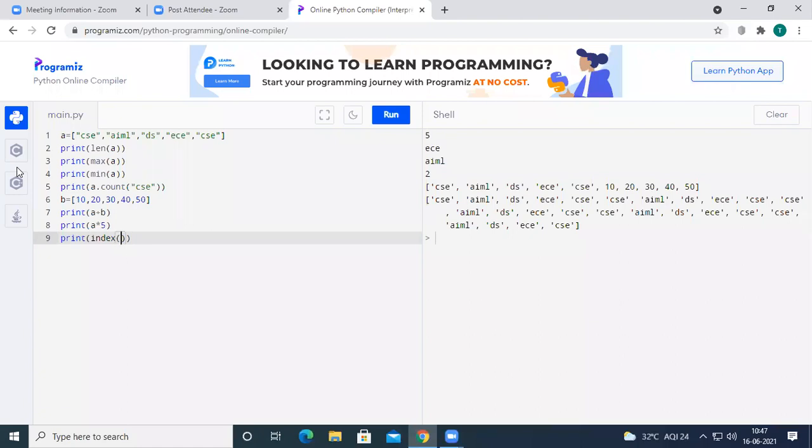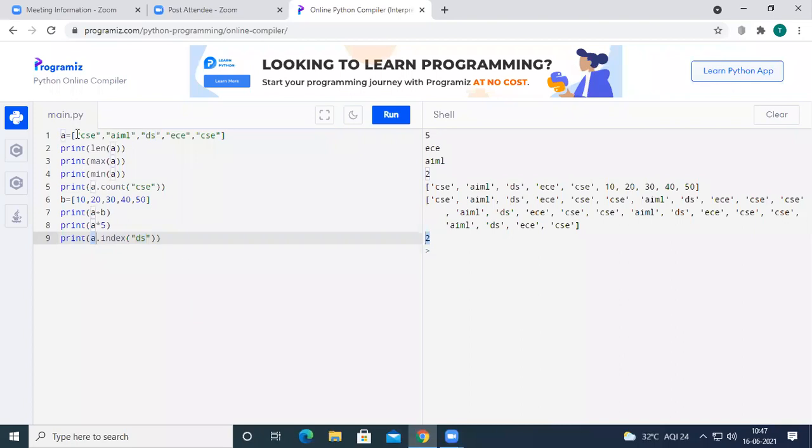I want to find the index of DS in list A. If I run the code, I am going to get 2 as an output, because DS was stored at index number 2 inside the list A.